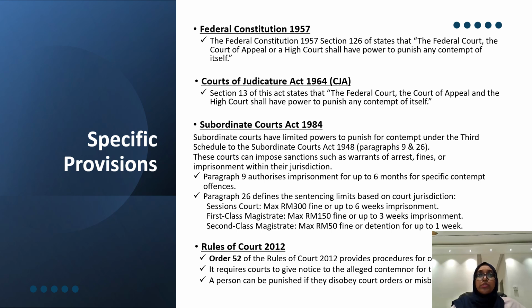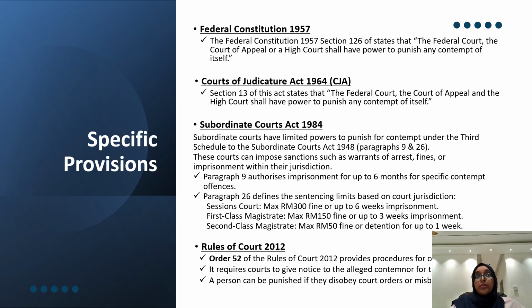When we look into the Rules of Court 2012, the Rules of Court 2012 was made under the authority of the Courts of Judicature Act, and other statutes specifically provide procedures for proceedings. Order 52, which addresses contempt of court, sets out the procedures for initiating, conducting, and concluding contempt proceedings. It specifies that the court must issue a notice to the alleged contemnor, providing an opportunity for them to defend